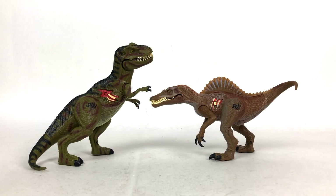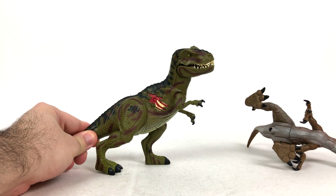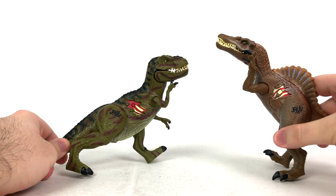Now, from what I remember, through all the toy commercials and everything, these two were pretty much, you can't have one without the other. You gotta buy both at the same time. And that's what I did. I had to have my T-Rex and Spinosaurus fight at home. I got these before I saw the movie, so I thought it was gonna go more like... King! But in reality, it kind of went...